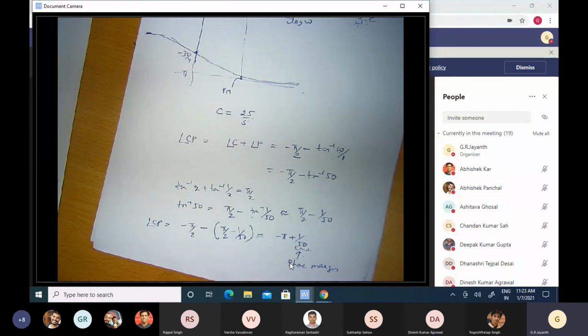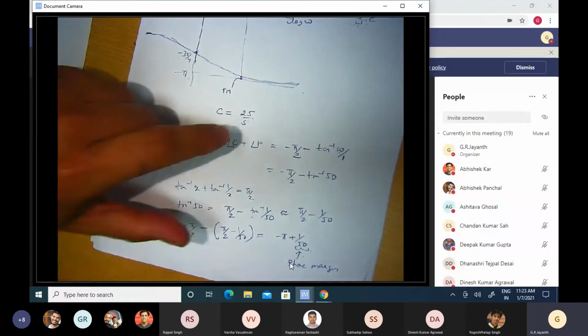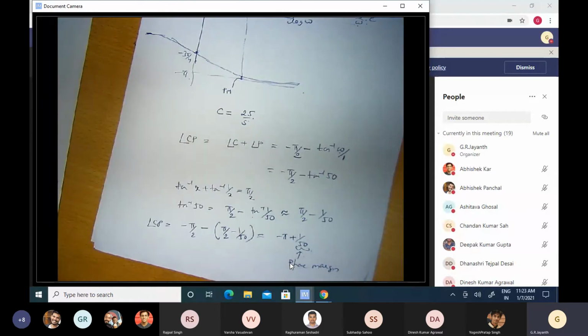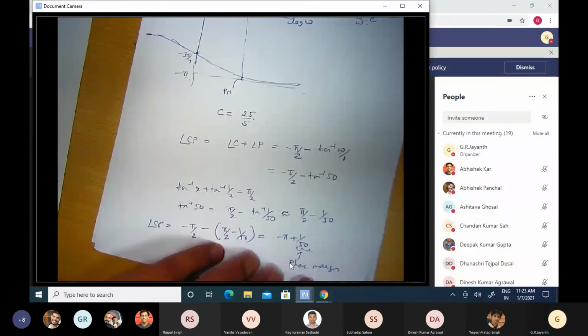And in doing so, I do not want any other performance specification to be affected, because my controller structure of 25 by S already guarantees that a disturbance up to 5 radians per second gets rejected by 80%, and already guarantees that my steady references can be tracked perfectly. I don't have any expectations from any extra modification that I make to the controller to help me with meeting the first two requirements. I only want this extra modification to help me with the phase.